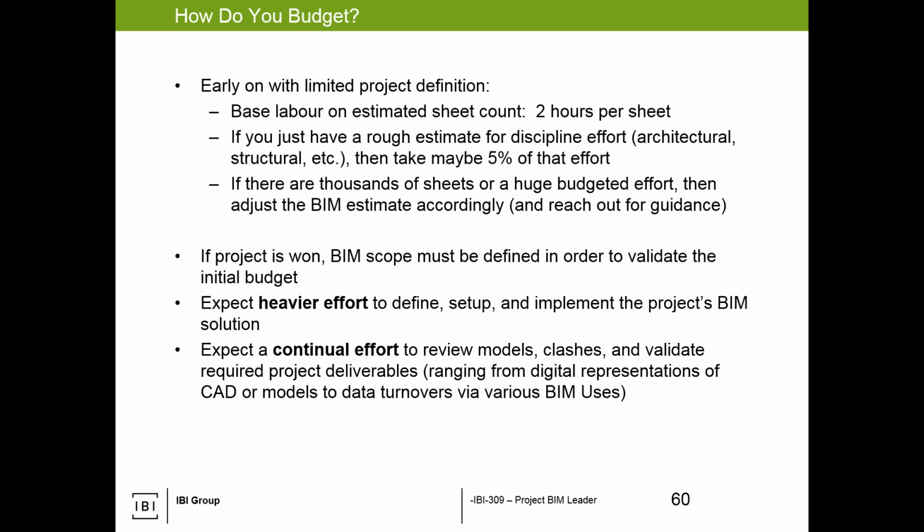But when the project's won, or if, we've got to define the scope, define the budget. If we know that there's heavy BIM goals or more complex BIM goals, the effort will be heavier to define and set up, and then there has to be a continual effort. So somebody is looking, managing, and ensuring that things are going the way they're expected to be going. So we need to plan for that, account for that, and if there isn't a line item budget, then most likely it's just buried within the disciplines because it's there and it's happening today on all your projects in some form or another.